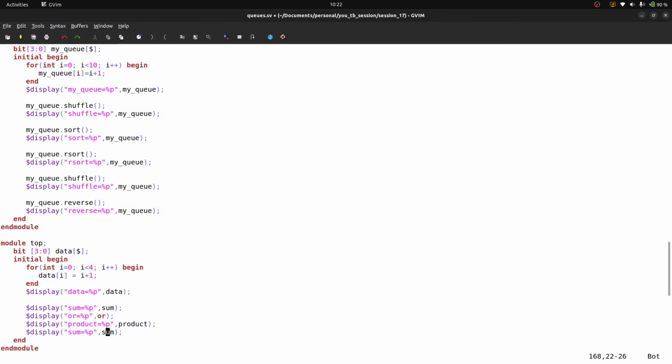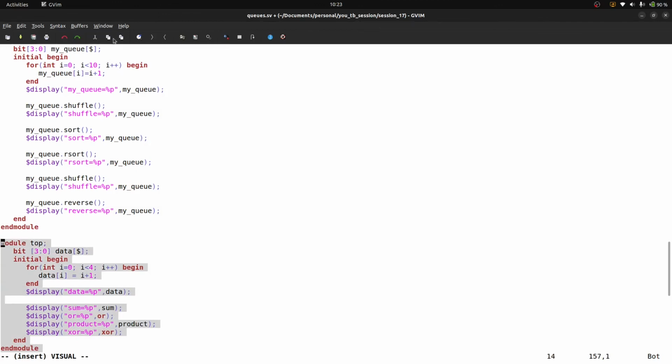And the last one is XOR operation. So what is the difference? It will give arithmetic sum, it will give bitwise OR, it will give arithmetic product, and it will give bitwise XOR.